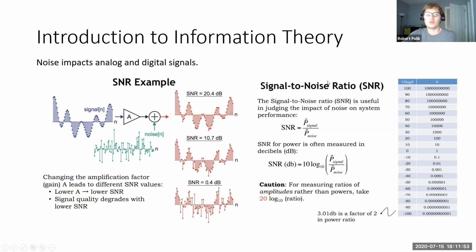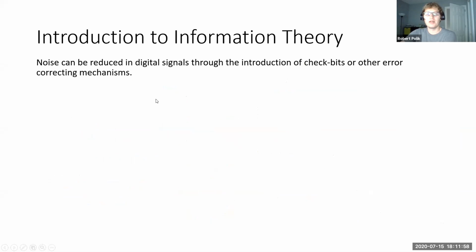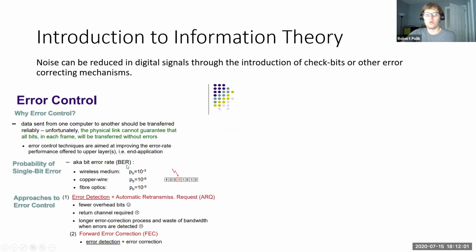So anyway, signal to noise ratio, very important for information theory, and 2 or 3 slides will actually apply it. But it's important for digital signal too. So when you are actually sending digital signals, there is a certain rate of bit error no matter what the signal you're sending. So on a wireless medium, basically 1 in every 1,000 bits that you send gets flipped, and so it's incorrect. Copper wire, it's less frequent. Fiber optics, it's even less frequent. But you are having mistakes when you're sending your digital signal because it's not like there's no noise when you're sending digital signal, just like the analog signal. And so it's going to screw up.